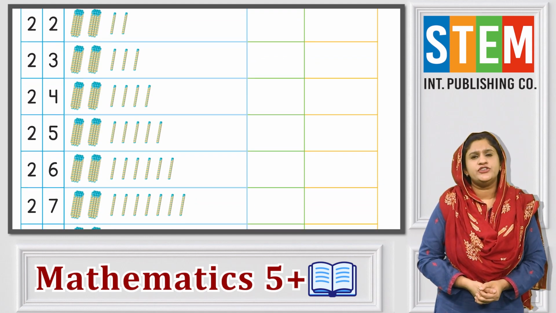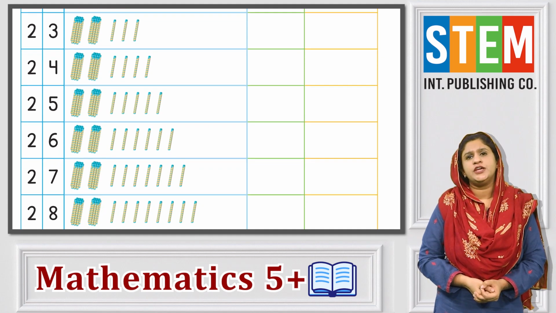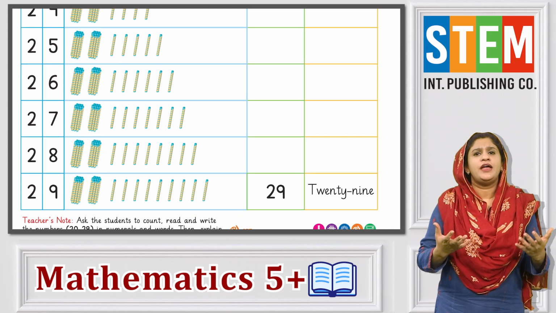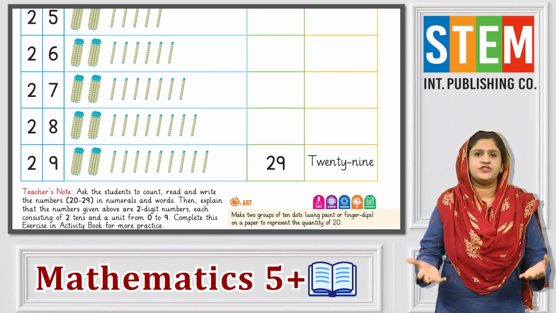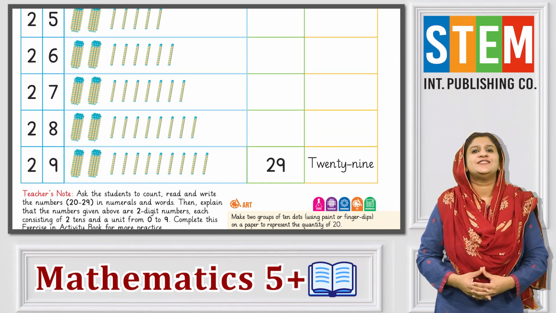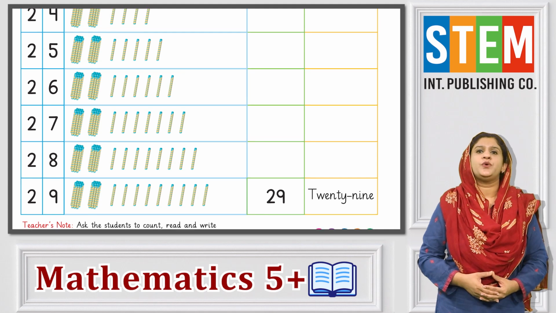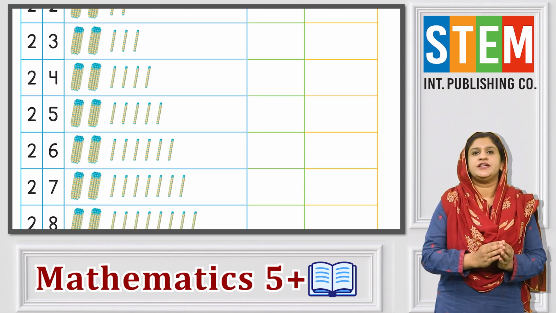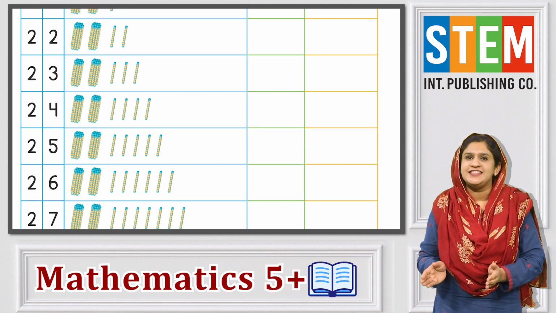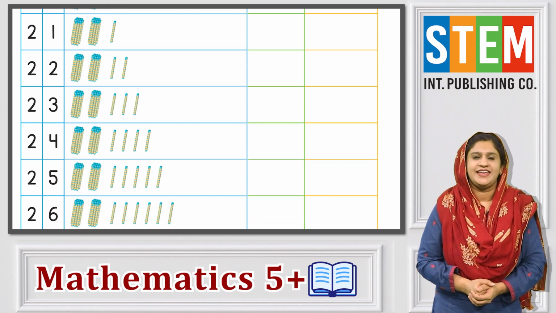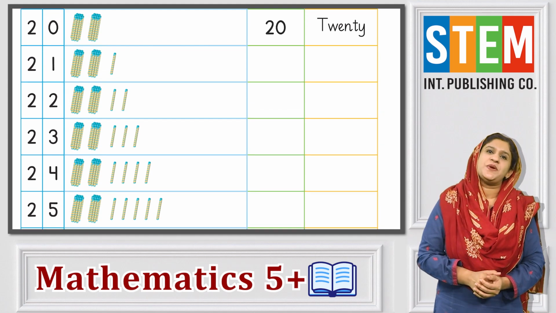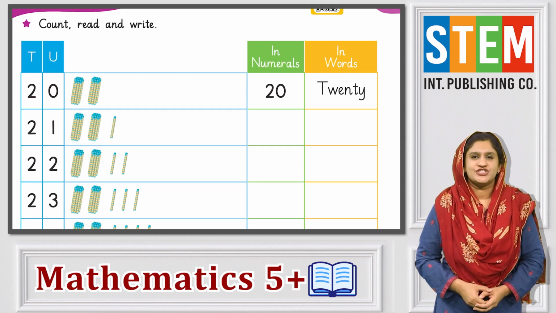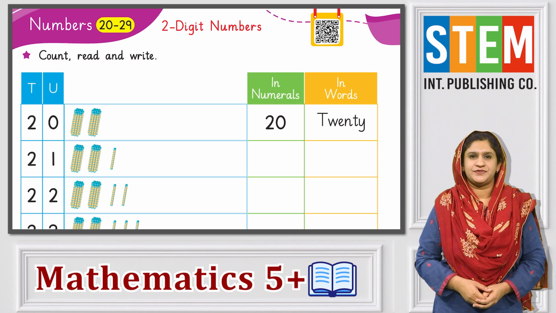Yes, जिसमें 2 digits होते हैं, जैसा कि नंबर 13, 1 and 3, नंबर 24, 2 and 4। So 2-digit numbers are those numbers which have 2 digits in them। जैसा कि आप जानते होंगे कि अपने फर्स्ट लेसन में हमने रिवाइज किए थे नंबर्स 0 से 9 तक और 10 से 19 तक। आज हम रिवाइज करेंगे नंबर्स 20 से 29 तक एंड 30 से 39 तक। जल्दी से चलते हैं अपने बुक के पेज की तरफ।